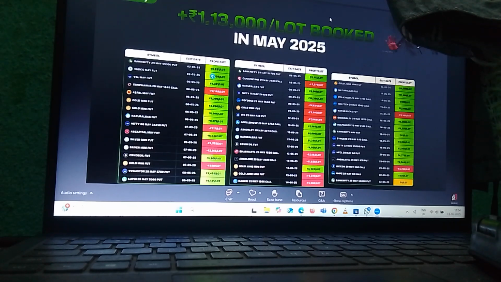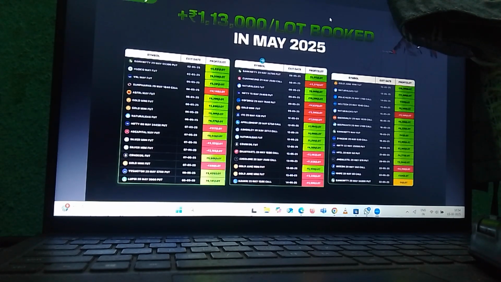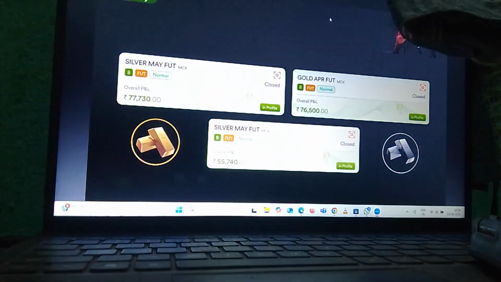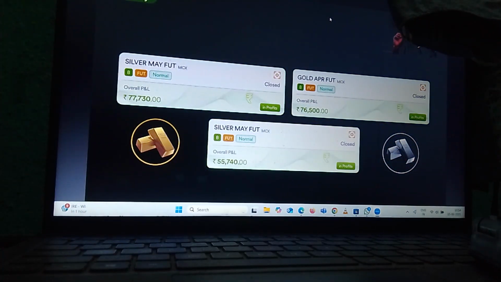And if you look at this, right, there are red days also, there are green days also, but we booked 1,13,000 per lot, right, on a single lot cumulatively. And you will see that there are days where we are losing, but then the winning streak, if you just look at the last few days, it's just fantastic. So that's the power of this. And for all of those who are asking me where are these trades given, so we do give it to all our members who are part of our membership.